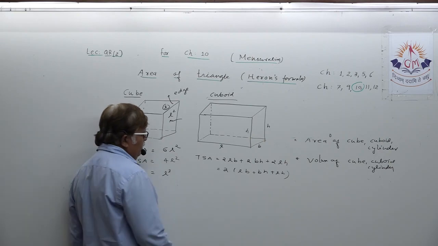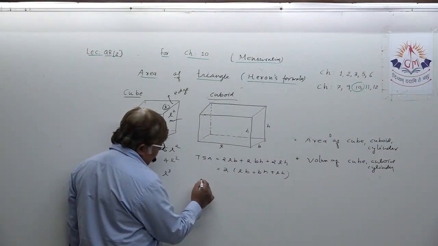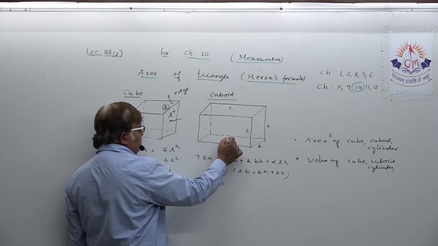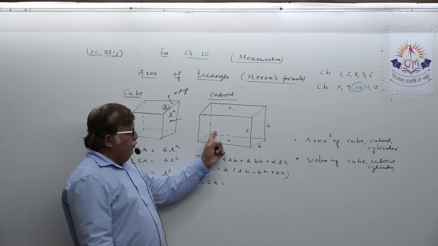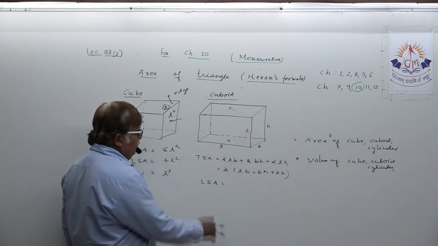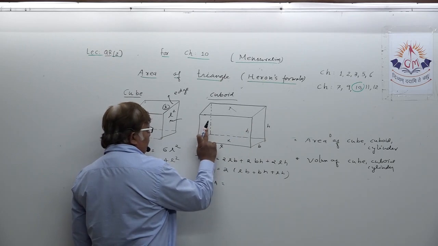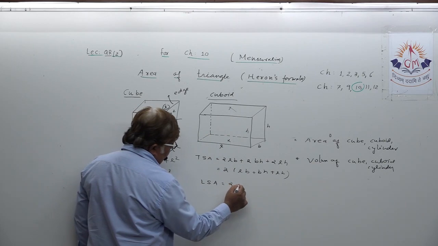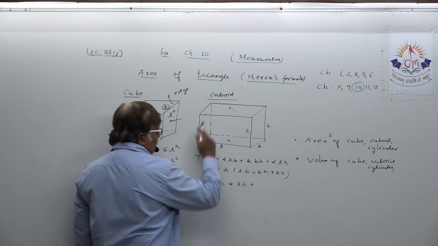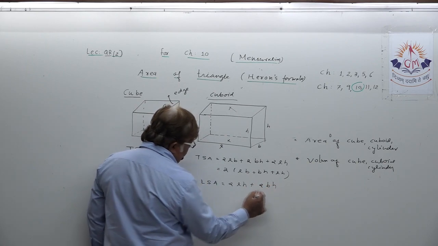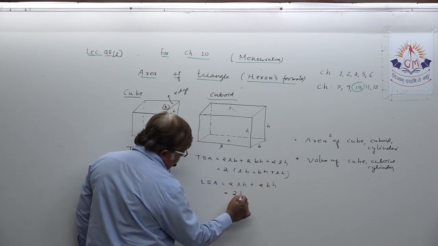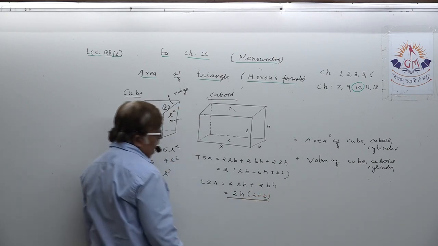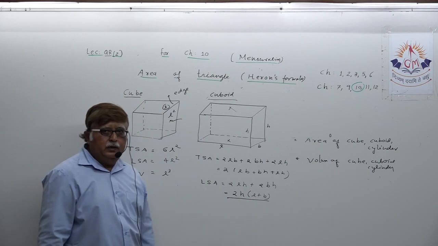If you want to find lateral surface area, so definitely it will not include top and bottom. It will include front, back and two sides. Okay, so if we design the formula, first front and back. For the front you all know L into H means twice L into H. Side you know twice B into H. So if you take out 2H as common, L plus B. This is the formula of lateral surface area of cuboid.